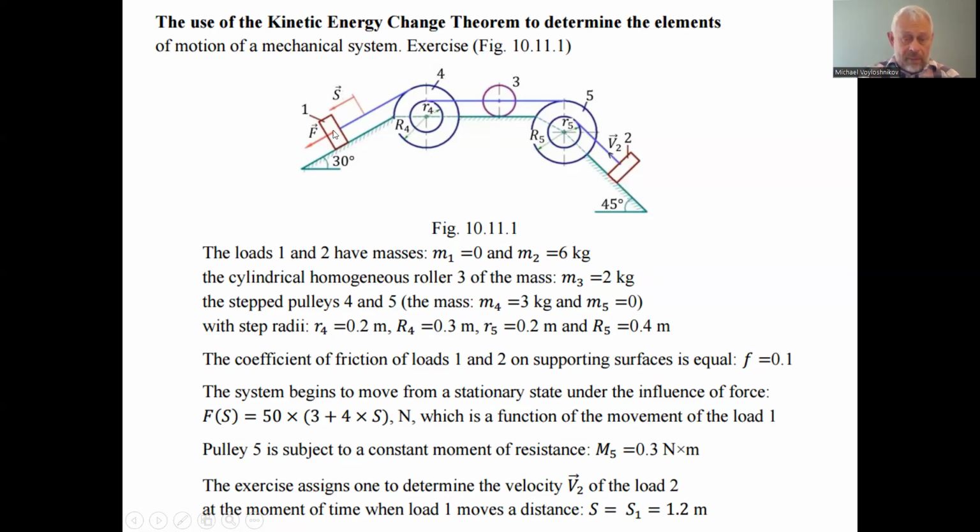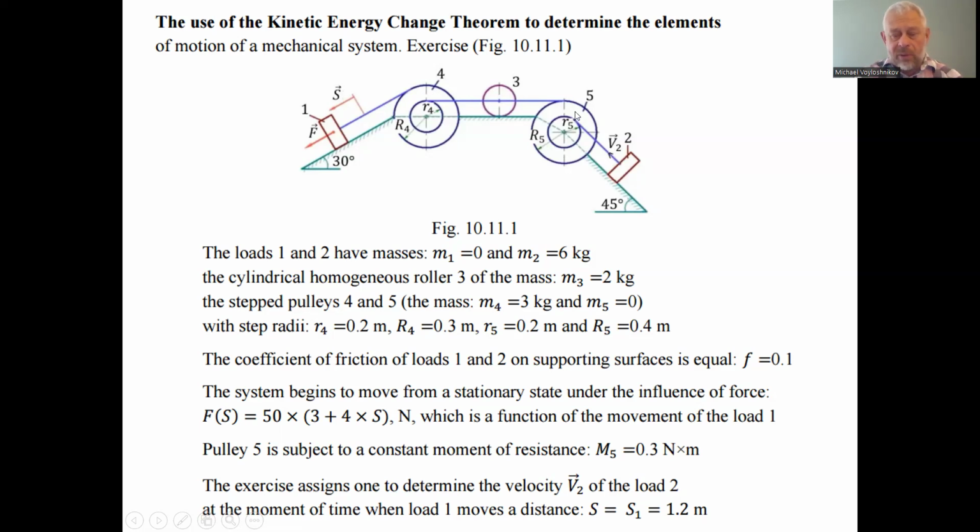So when this load moves 1 and 2 meters, then we have to find the velocity. What will be the velocity after the movement of the element? Considering the motion of all elements of the mechanical system, what will be the velocity of the second load, considering the resistance force, considering the projection of the weight force onto the direction opposite to the velocity,